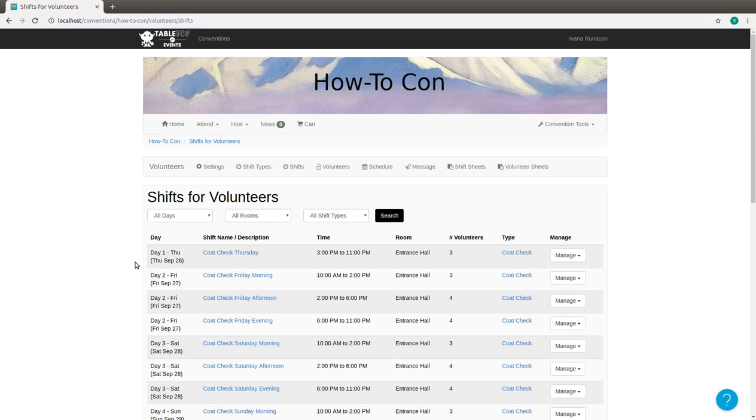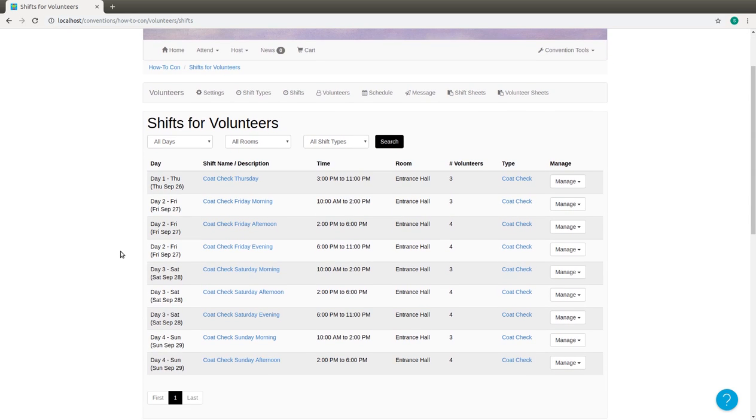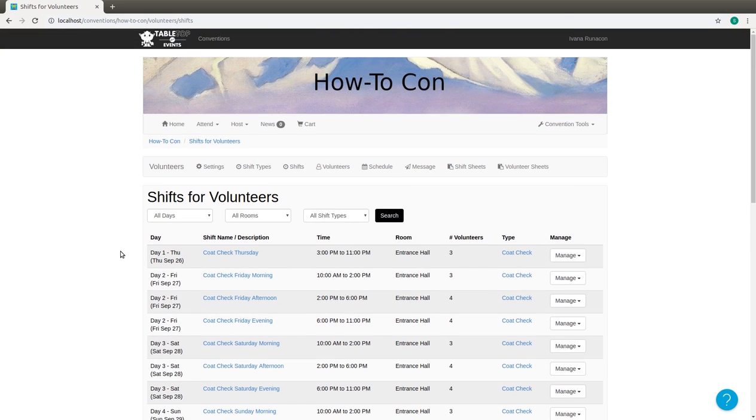Okay, so this is where you've finished setting up. You've made all the shifts that you need to make, and you've used copy to easily create multiple shifts for different days. You've changed the names so that they're accurately named for your volunteers, and you're all done and ready to open volunteering. So what we do in that case, when you're ready to open volunteering, we go to the settings page,